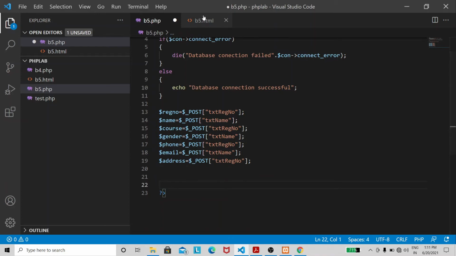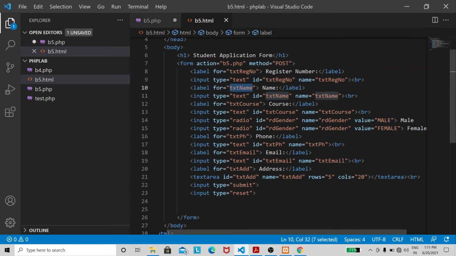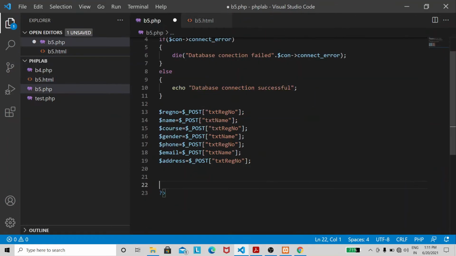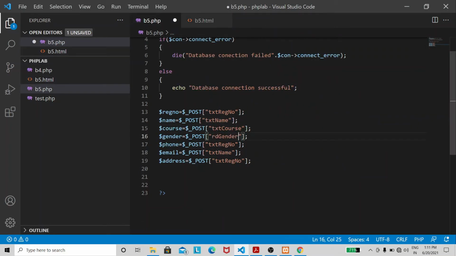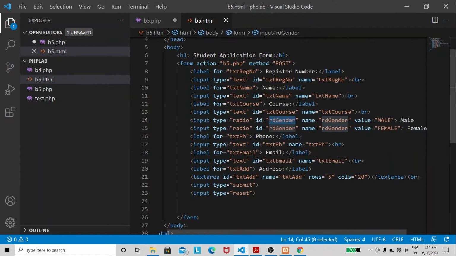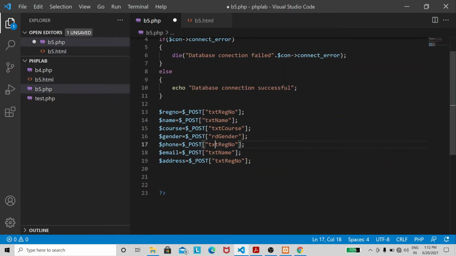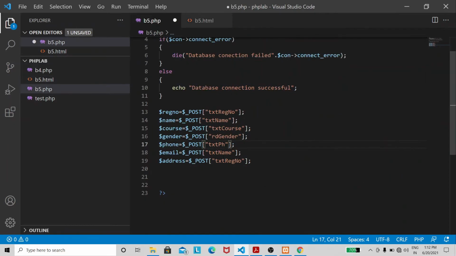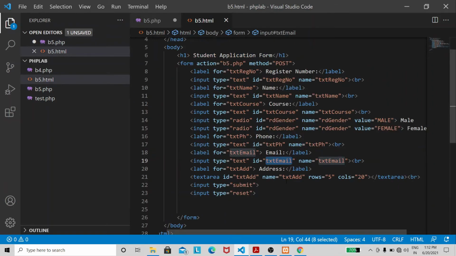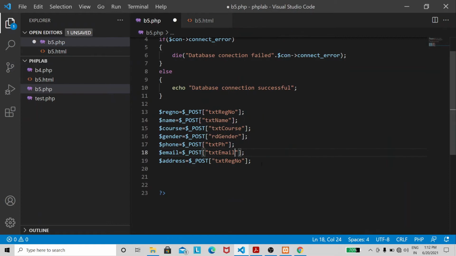Now we need to copy the names of the controls. So txt course, rd gender, next phone, then email, after that address.